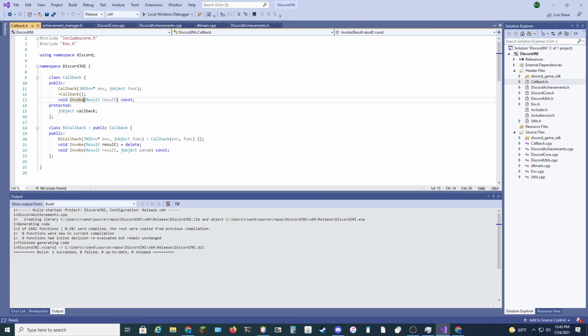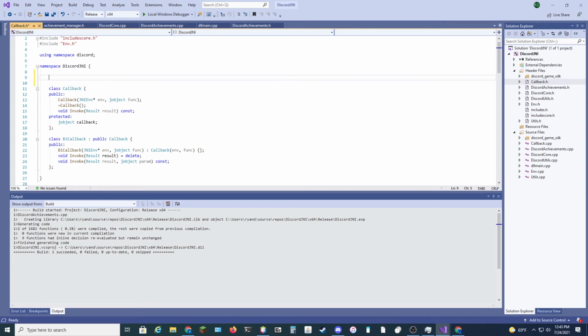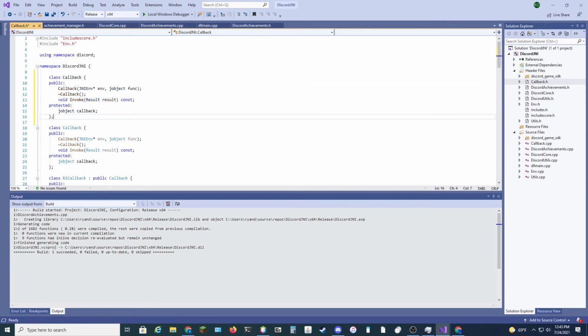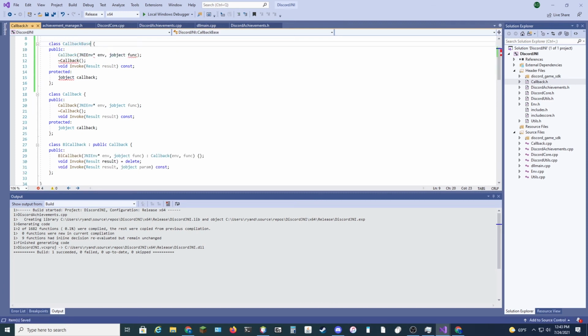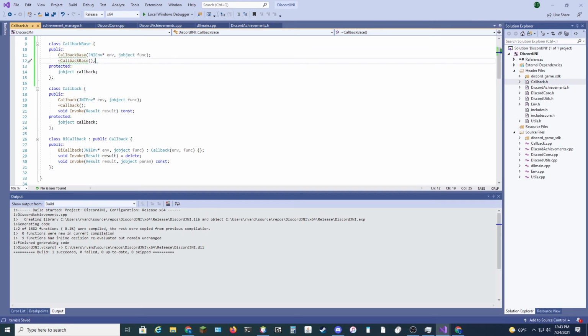yeah, so the first thing is, I guess we can probably actually move what we currently have as callback to a base class, which is going to have essentially the same functions we do now, except it's not going to have an invoke method. And then